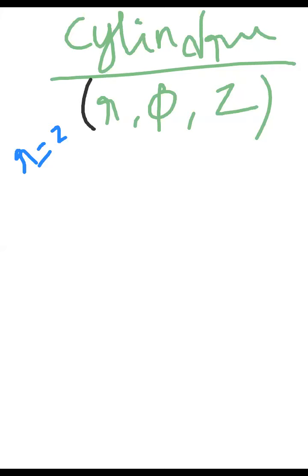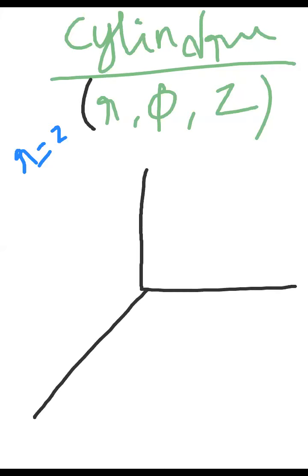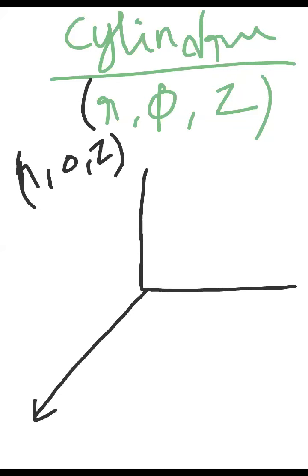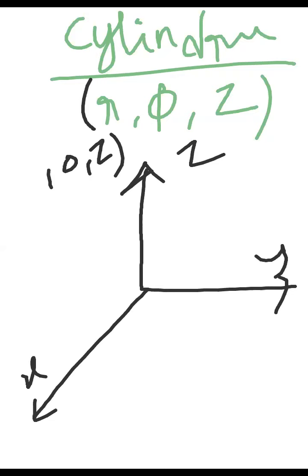Now next, I am fixing the phi parameter. Say phi, for simplicity I take 0. So again, r can be anything, phi is 0, and z can be anything. This is x, this is y, this is z. That 0 indicates 0 degree. In this case, r can be anything, 0 or 1 or 2 up to infinity. z also can be anything, 0, 1, 2 up to infinity.